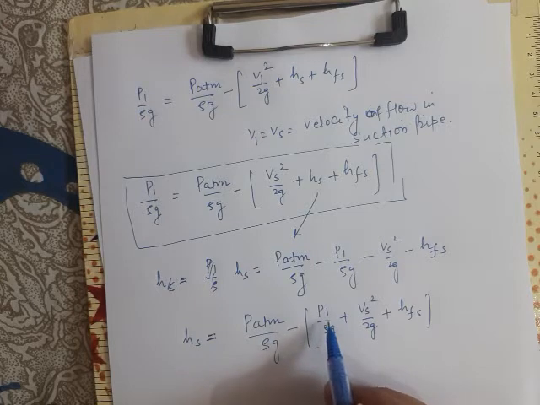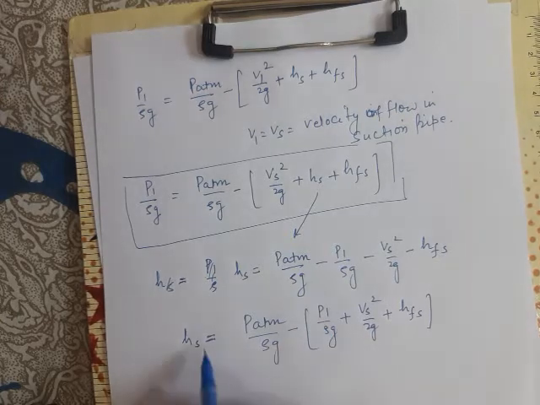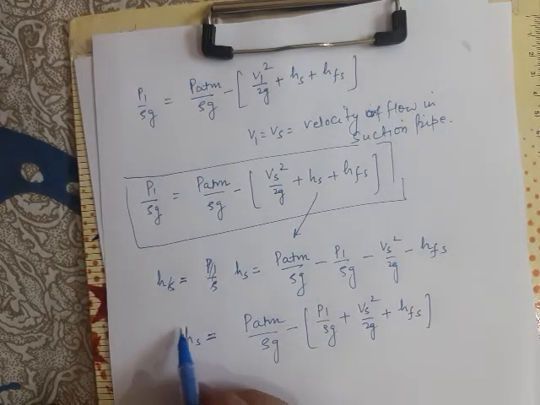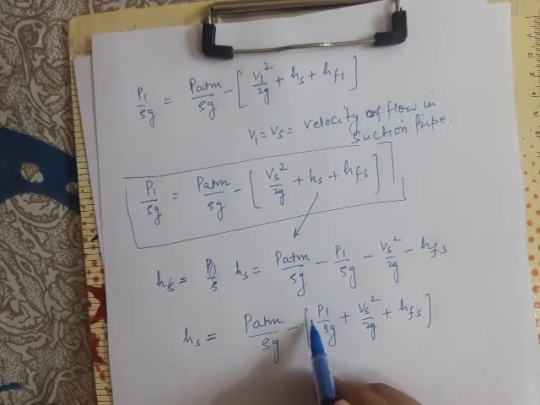The pressure head at point 1 would be minimum when it is equal to the vapor pressure head. Because if the pressure at point 1 falls below the vapor pressure at the working temperature, then the formation of vapor bubbles would take place and it would further lead to the phenomenon of cavitation. I want to maximize HS, because I want to derive the expression for maximum suction lift. So I have to minimize this P1 by rho g.